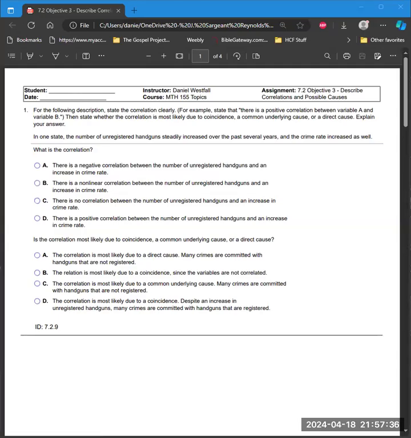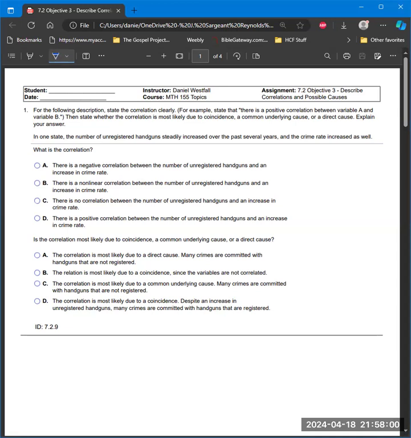In this video, we're going to talk about 7.2 Objective 3, where we describe correlations and possible causes. For the following description, state the correlation clearly. For example, state there is a positive correlation between variable A and variable B. Then state whether the correlation is most likely due to coincidence, a common underlying cause, or a direct cause, and